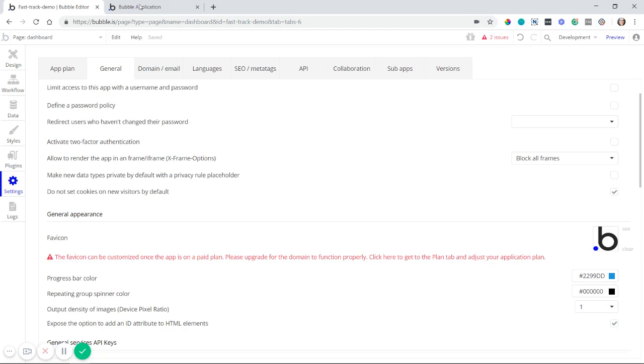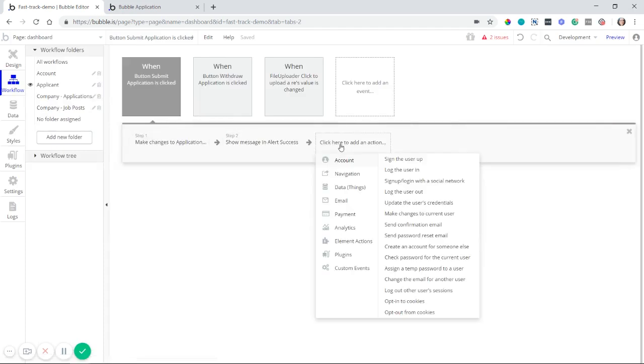So if you want to change that behavior, you need to check this box. Bubble will not collect cookies for new visitors. And by checking this box, you've actually exposed some actions in your workflows, which can be found under Account here. And at the bottom, you can now program a workflow to opt the user into cookies or opt them out. The use case would be something like showing the user a checkbox that says,